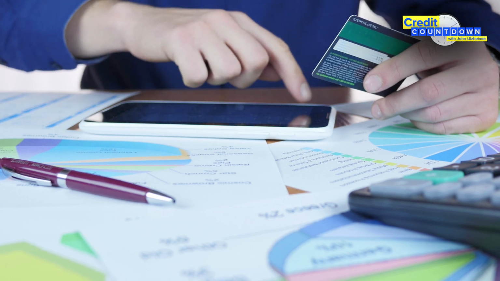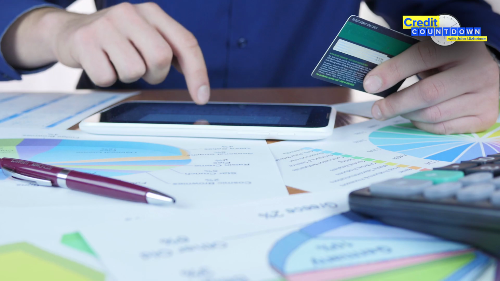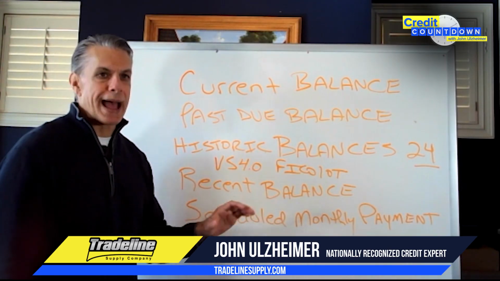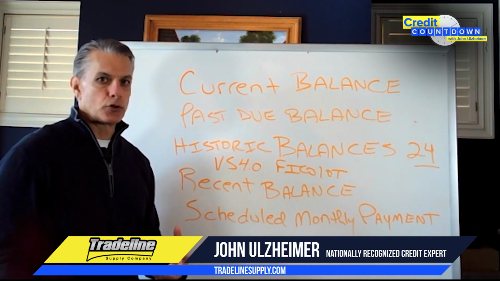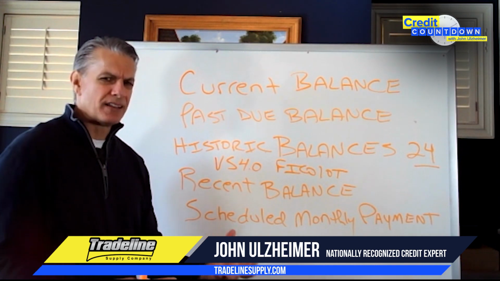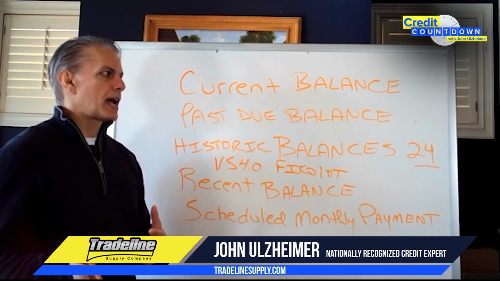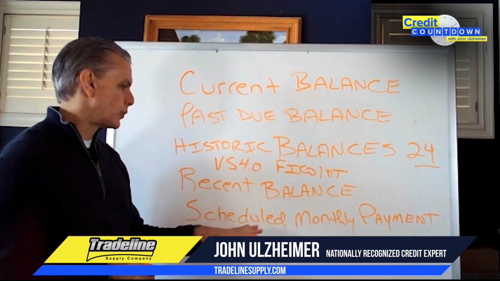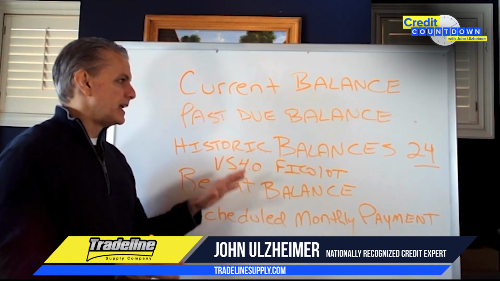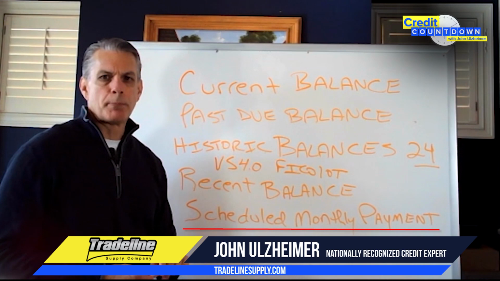So while this field may show up on the disclosure style credit reports that you're pulling off of websites, it is not showing up on reports that are provided to lenders, and there is no recent balance field considered in credit scoring systems. The last one I'm going to talk about isn't necessarily a balance per se, but it is a dollar value, and I think it's important to talk about it, right? And so this seemed to be the most logical place to put it in the discussion of balances, and that is the scheduled monthly payment.